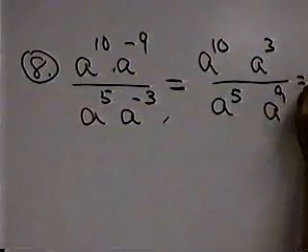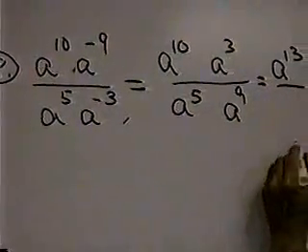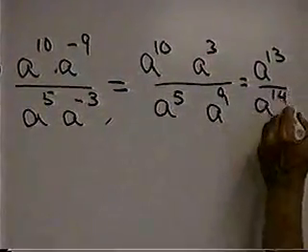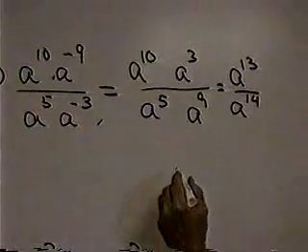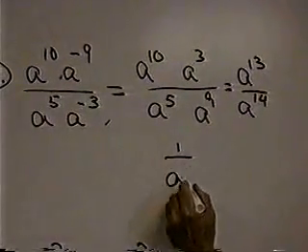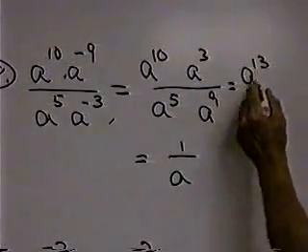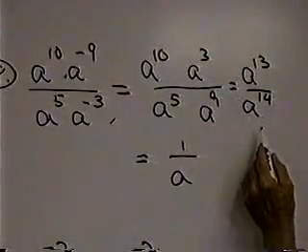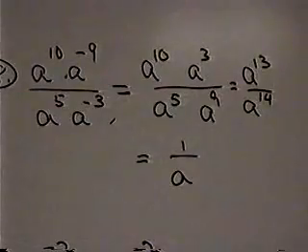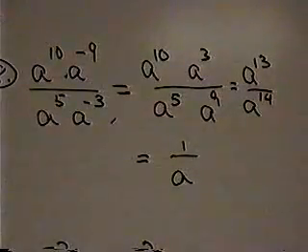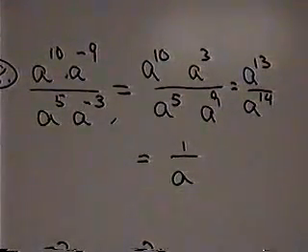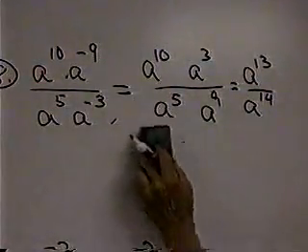This would then be a to the 13th and a to the 14th, which would be 1 over a. Okay, subtracting, you have 13 of them up here, 14 down here, so you have 1 left on the bottom. Okay. All right, now, another way of working this problem